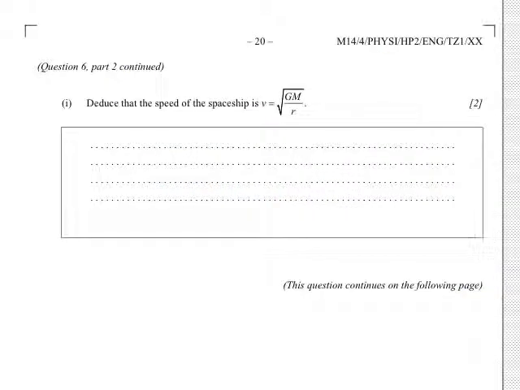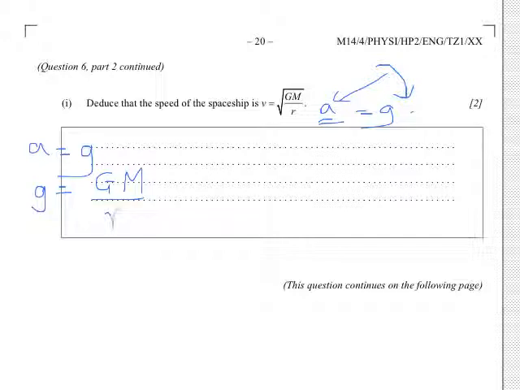Okay, now we're going to deduce the speed as it moves around in a circle as the square root of GM over r. Let's have a look. So we are accelerating. That acceleration is equal to g. Okay, so what is g? g is the gravitational field strength. And we have a relationship for that. If acceleration equals g, and g equals GM over r squared, okay,